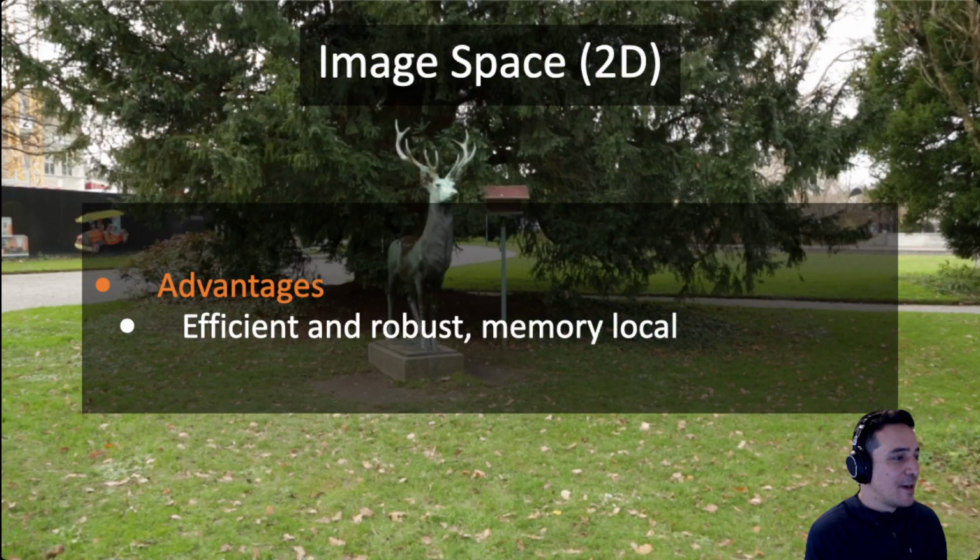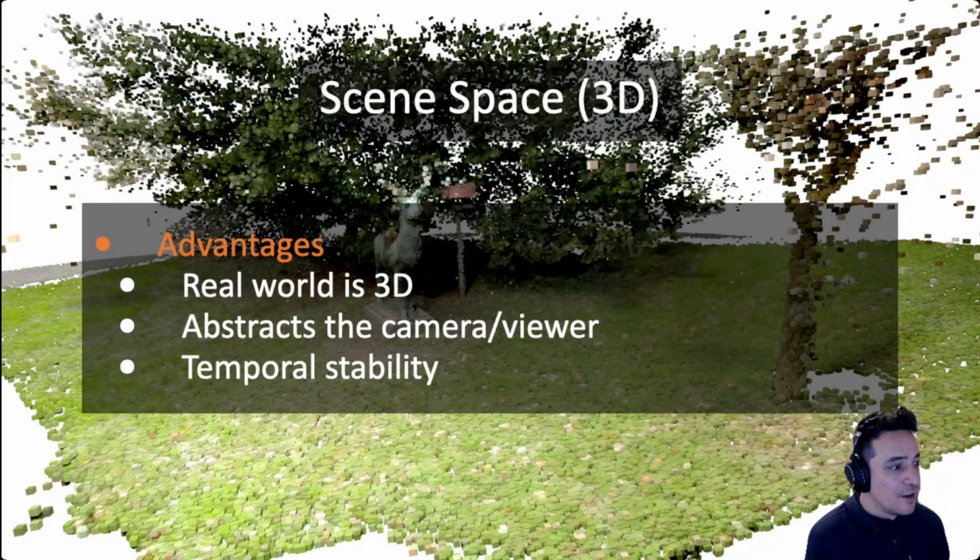But the idea behind this work is that we wanted to try to do video processing by thinking about points in a 3D space rather than thinking about pixels in 2D. And the reason you work in 2D typically is because it's very efficient. So you can search for patches, the data is all there, local in memory, and is robust. You don't need to have any 3D information, so it works all the time. But there are reasons why you'd rather work in 3D if you could. So the world is 3D, and of course the video is just a projection of this 3D world. So if you're averaging patches together, it makes a lot more sense to do this patch averaging in 3D.